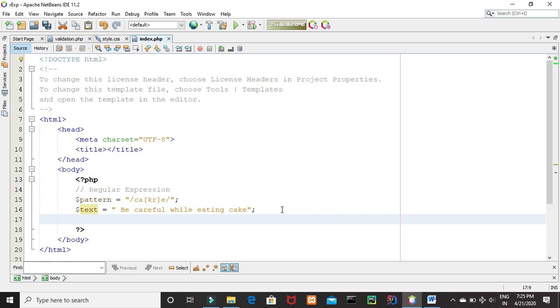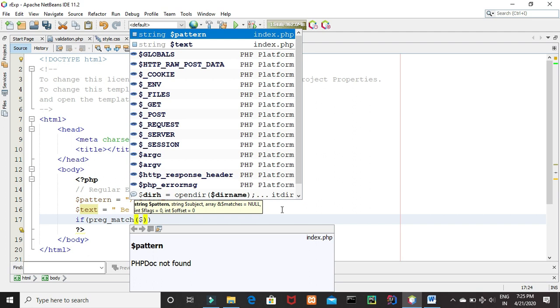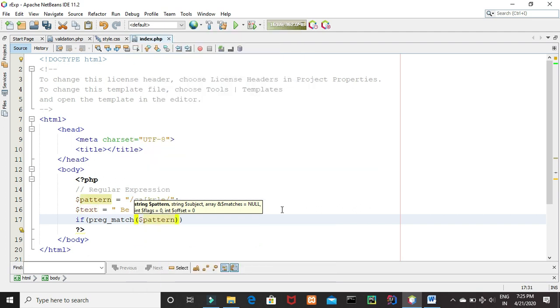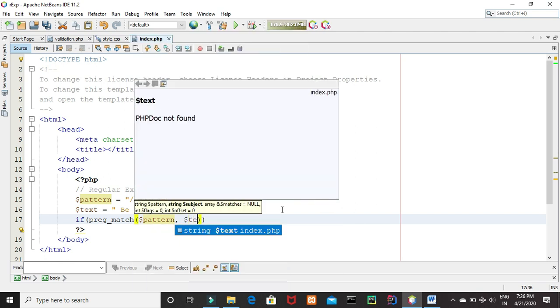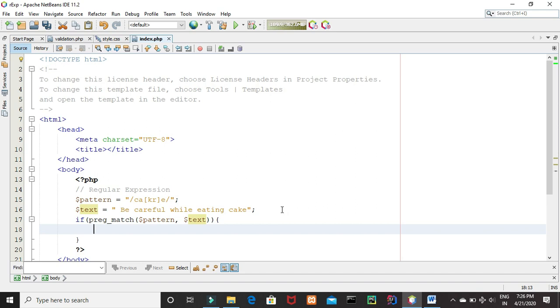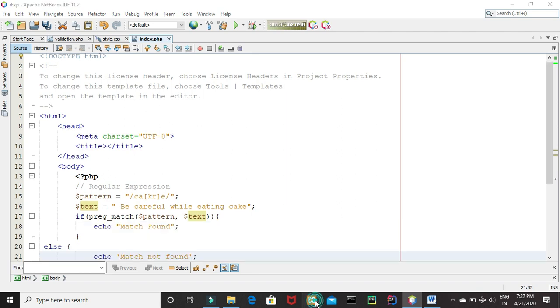Okay, let's use our preg_match function. What are you matching? What is your pattern? Your pattern is stored in the variable pattern. So give that variable pattern, and where you want to search for this pattern, you want to search into the variable text. So write text. And if you find the pattern, we'll say match found, else we'll say match not found. Don't forget to start your Apache server, and it says match found